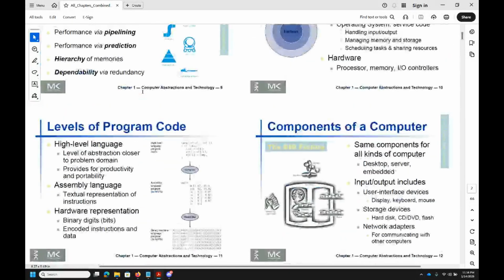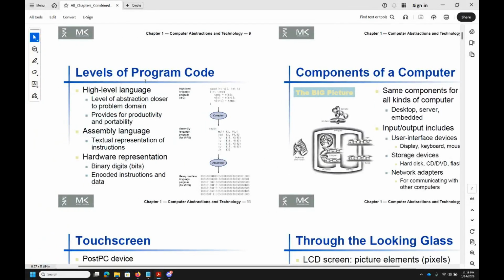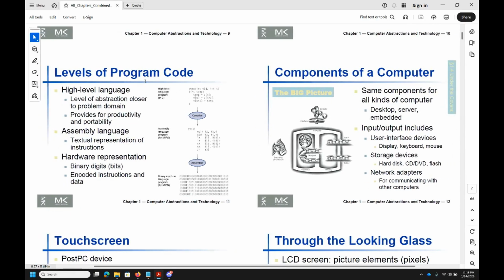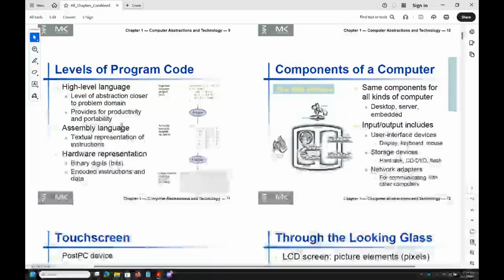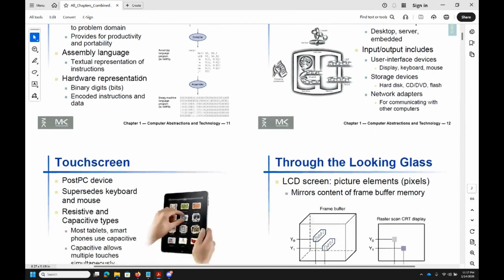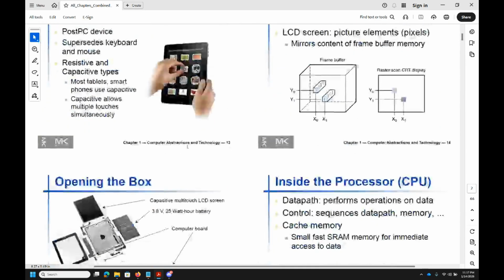So the slides that I'm using are the slides for a book called Hennessy and Patterson. It's the book that I think everybody who's ever studied CS should read at some point. It's a really, really good book, and it teaches you everything about computers. One more thing that is closely tied to architecture is, of course, the execution of programs, because ultimately what is a computer if not a system that can execute arbitrary programs, right? So, we'll go into that as well.